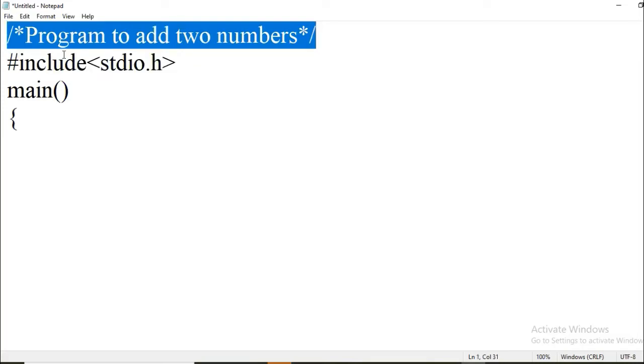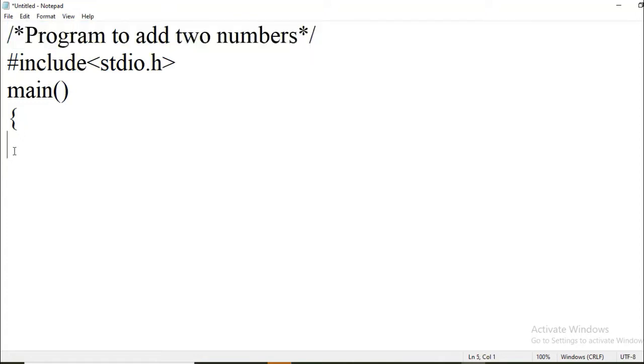This defines for what purpose we are creating this program, and it is optional. You can skip this. And this is standard input output file. We are using here printf, scanf functions, and these functions are inbuilt. We are going to see these functions again here. This is main user defined function, curly bracket, and now